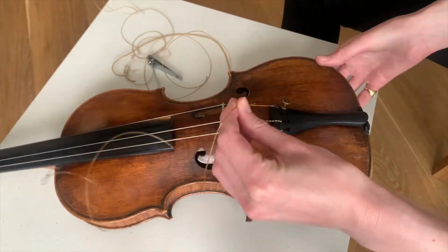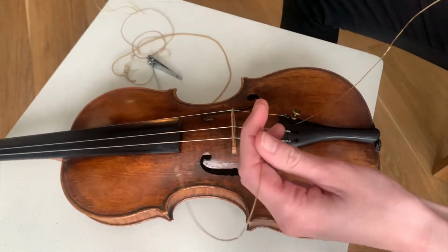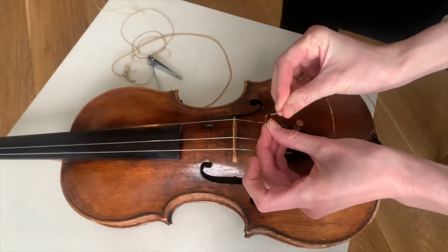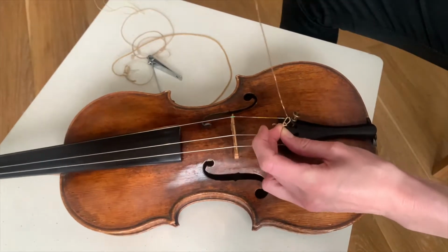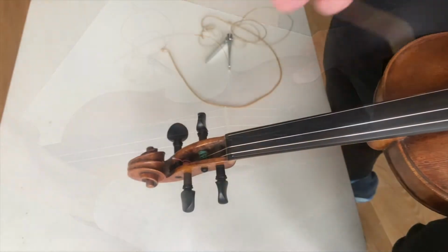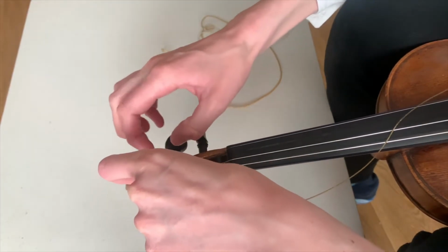I'm going to pop that up through the tailpiece. I've got the string, which comes through nicely. Then I'm going to thread this bit through the hole like so. Pull it so that it's tight. And I'm just going to pull it like that so that it's taut. Once it's taut, I can pop it through the hole in the peg box,